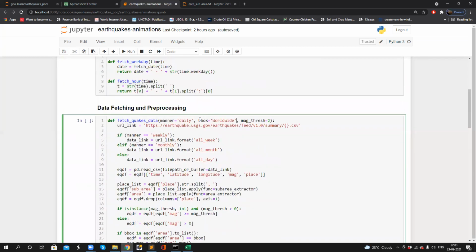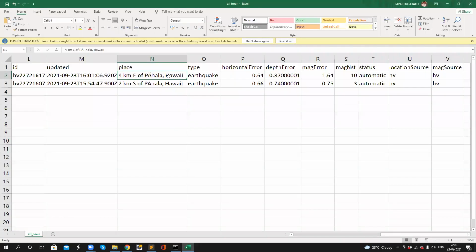So if the bounding box, which is nothing but the main area name, Hawaii or anything, it can be India also. Based on the value of the main area, we are filtering the data.